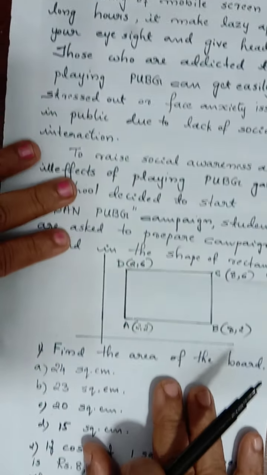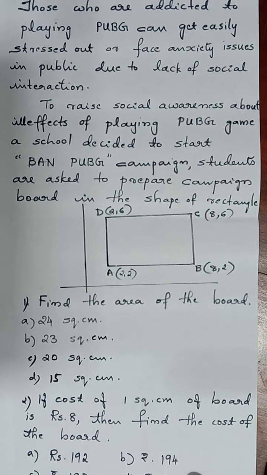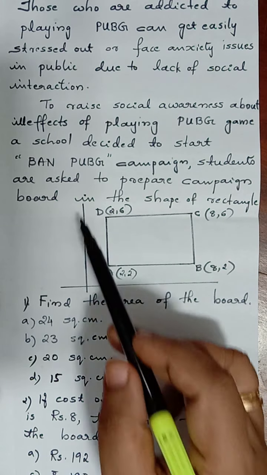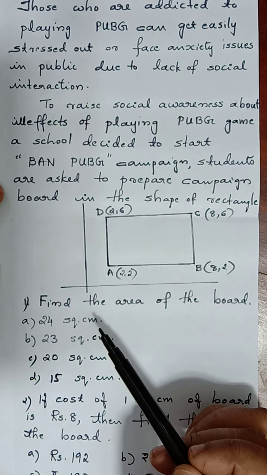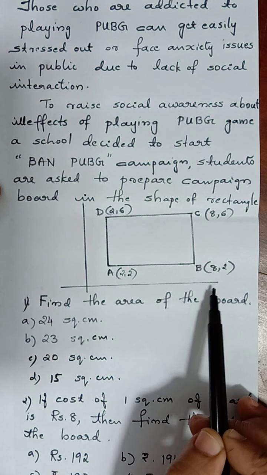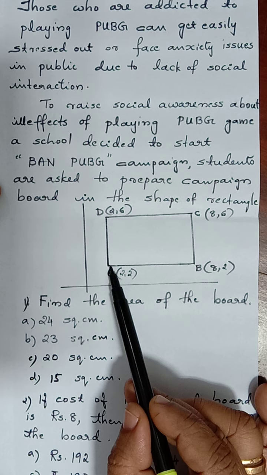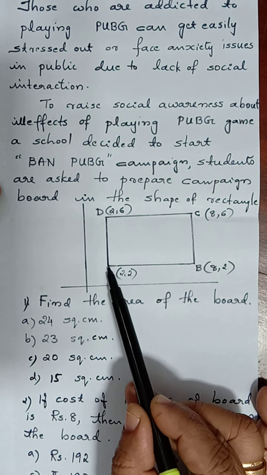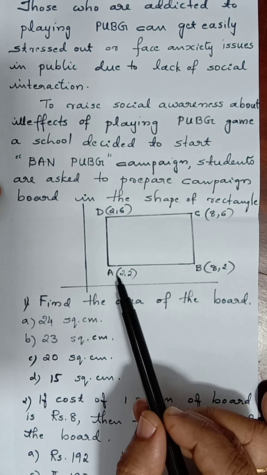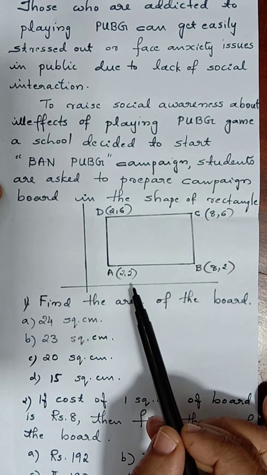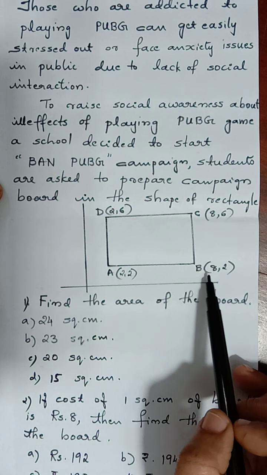Here you can see the figure, children. In the rectangle, coordinates are already marked. We can see the x-axis and y-axis. In most of the questions, they are not marking points on the axis. So it is understood. If A is 2 units, we have to move from y-axis as well as from x-axis. So first coordinate is for x coordinate and second is for y coordinate. That is how here B is 8, 2.